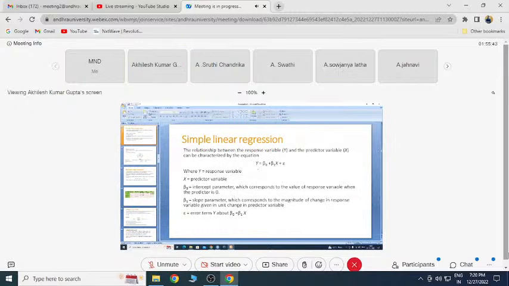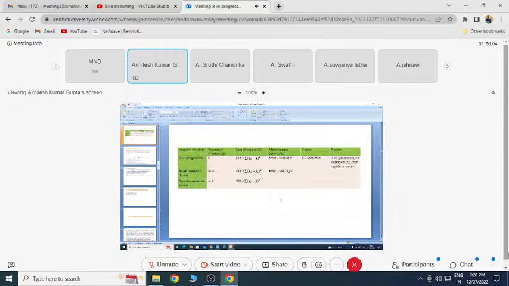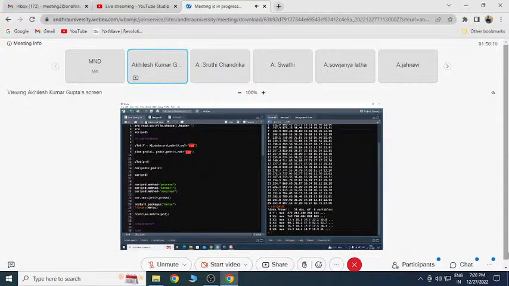Okay, here we have written y equal to b naught plus b1 x. So here you are writing that y is dependent on x. In coding language we write it like this: y is dependent on x1, or y is dependent on x2, y is dependent on x1 plus x2. In multiple regression, we have written y equal to b0 plus b1 x1 plus b2 x2. So in the command you will write y tilde x1 plus x2. This is how we write a formula in coding, how we write it in R.